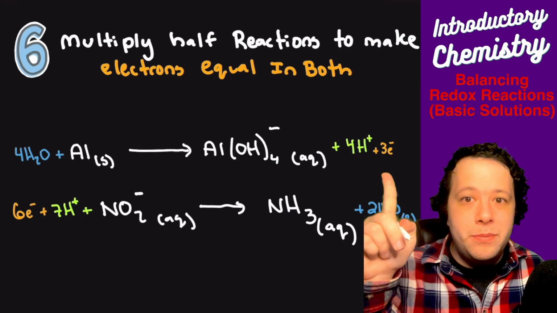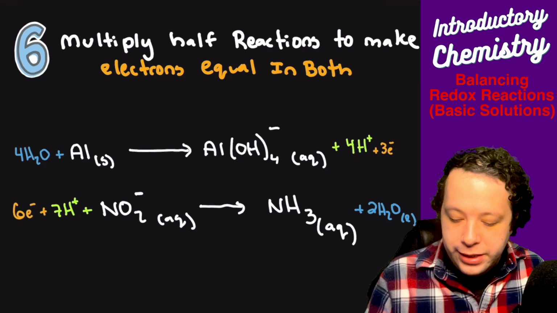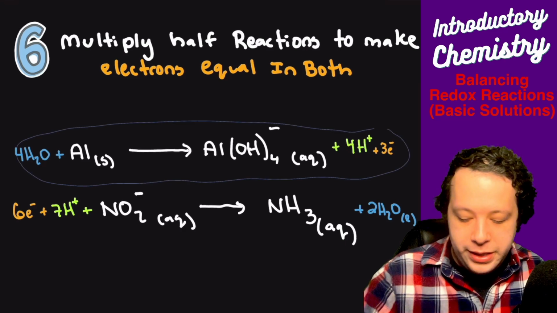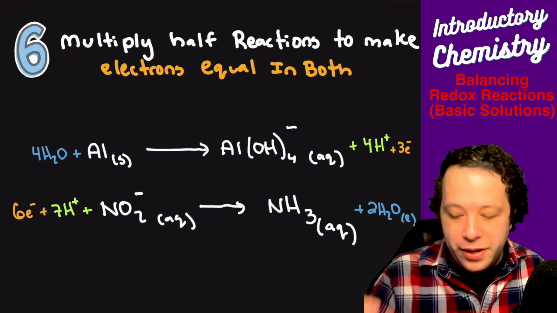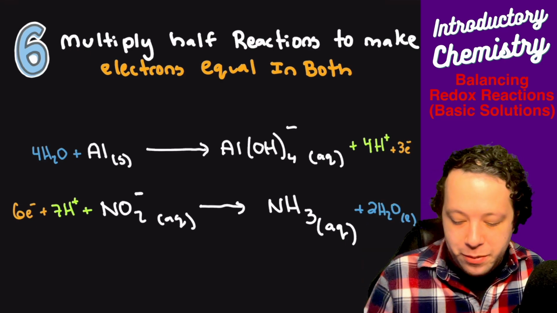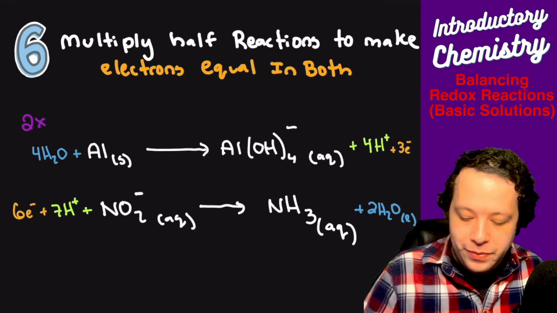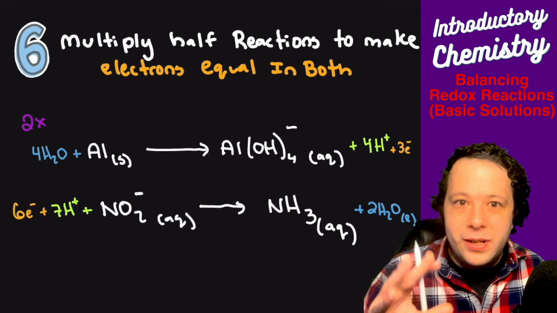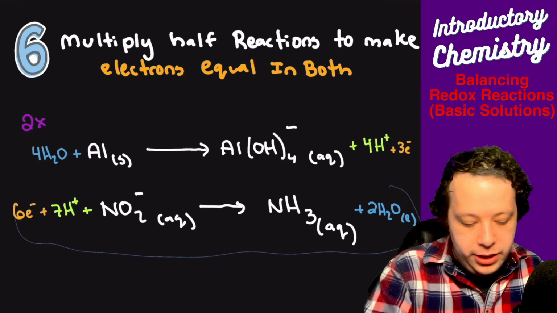But in this case, being that we have 3 up here, how do I make it equal to 6? That's a little bit easier: we'll just multiply the top by 2, and technically the bottom by 1, right? We don't actually have to do any math there, but we'll just mention it. So we're going to multiply the top by 2.